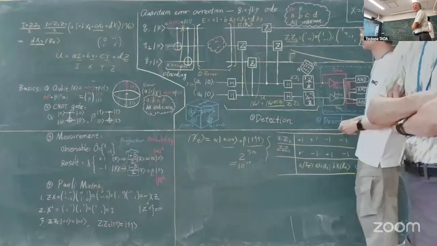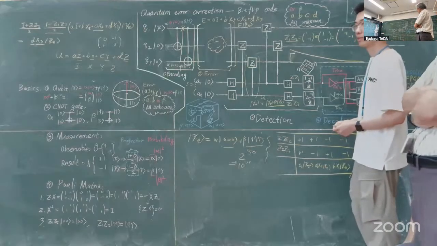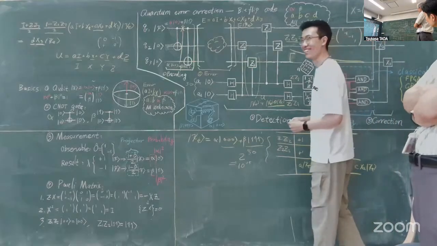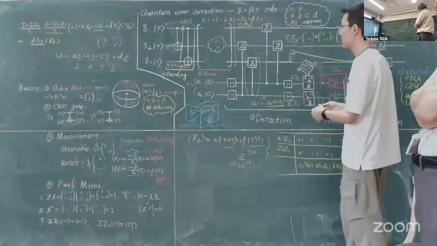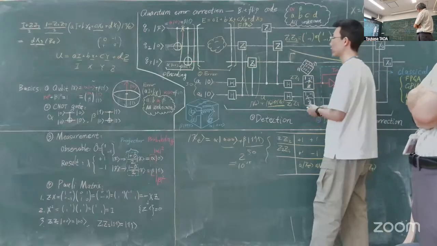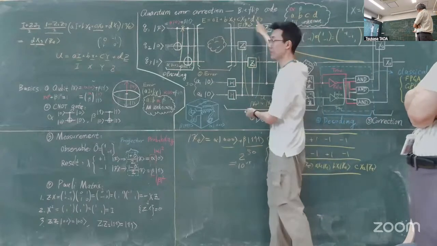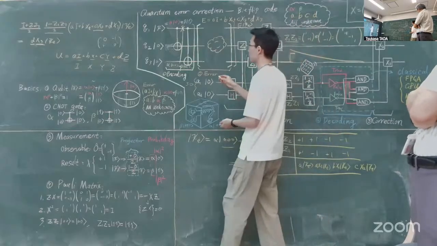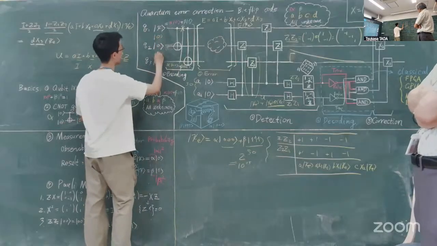My question is about the error matrix. Why doesn't it have terms that have operators on multiple qubits at the same time? That's a very good question. Is that an assumption? Yeah, this is an assumption. In practice, we should certainly consider more complicated errors, but this is out of the ability of this bit flip code. You should have something more complicated. For example, you should introduce more qubits here.